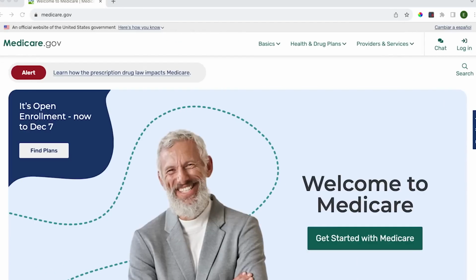All right, let's find you the right Medicare prescription drug plan for this next year, shall we? Open up a new window on your computer and we can do this together if you'd like. We're going straight over to Medicare.gov. This is what the site looks like today. They do change this regularly, so depending on when you watch this, it may look a little bit different with